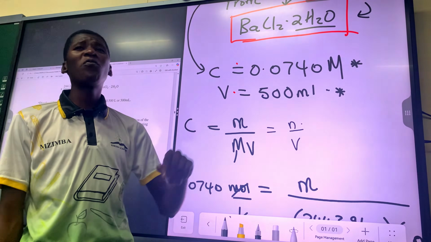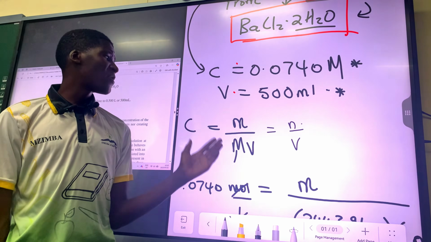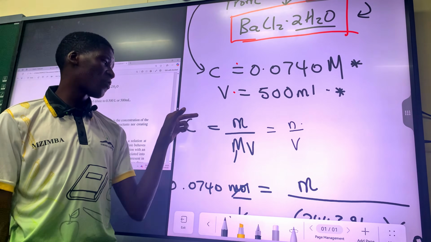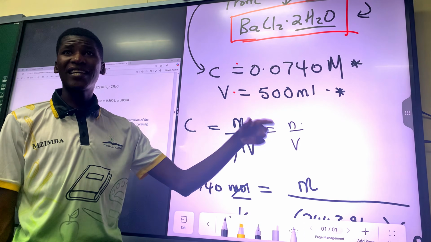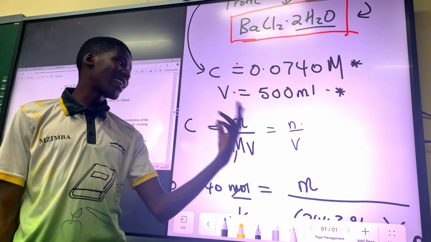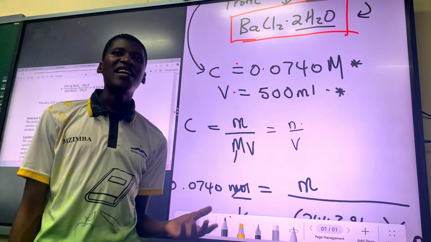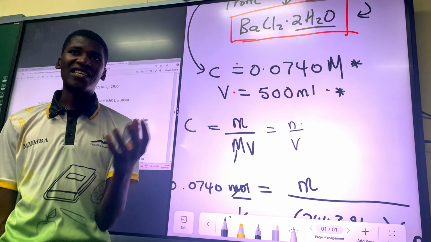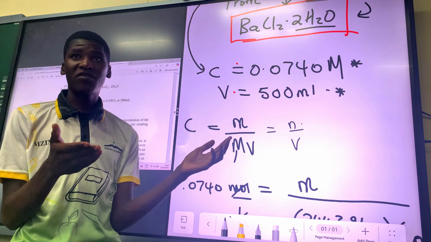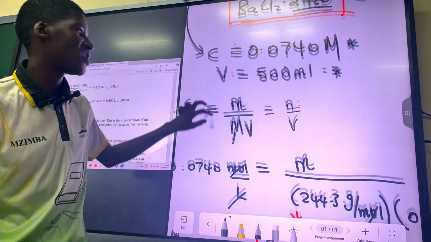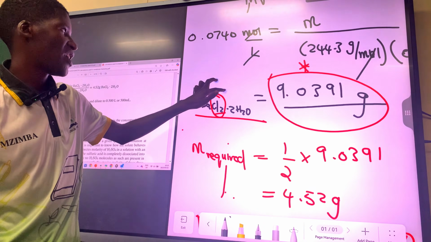But you can find the number of moles first. How can you find the number of moles here? You put in the concentration and the volume, and you get the number of moles. And then using that number of moles, you say the number of moles is mass over molar mass, and you get the mass. And then you do your stoichiometry, the one of half and whatnot, the one that you've chosen to use. Same thing, same method. So don't worry.